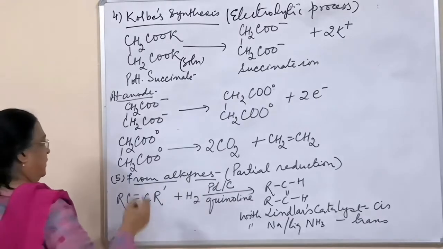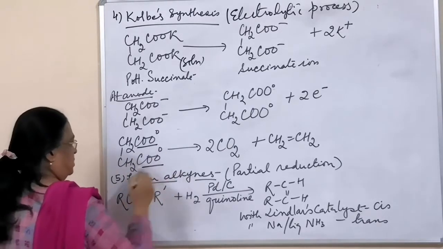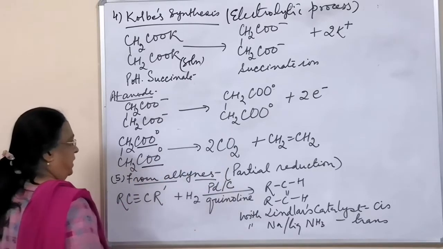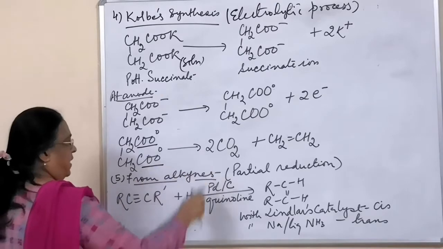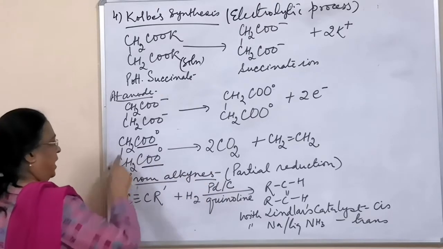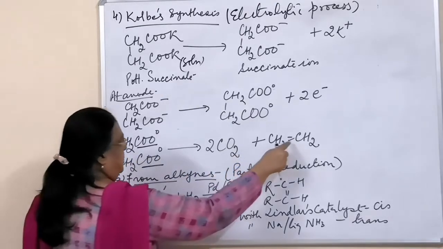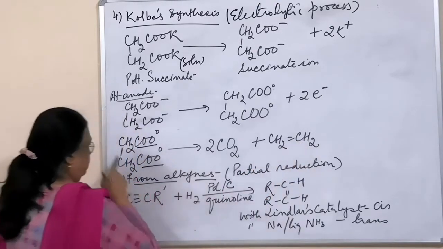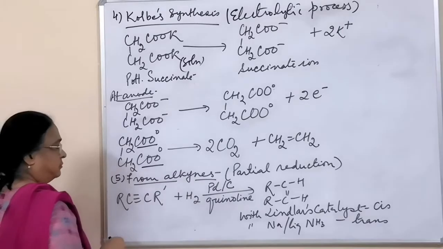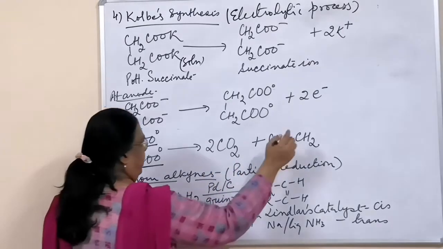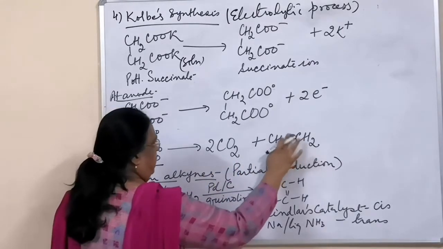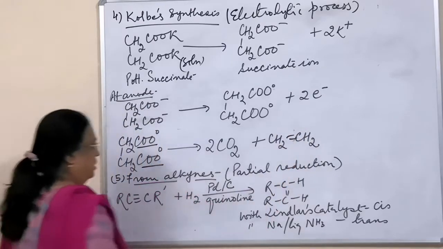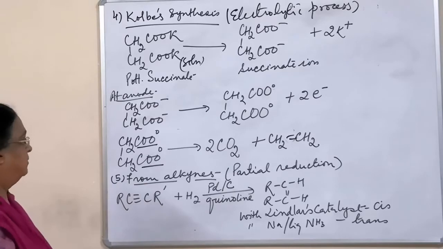And as I told you in my alkane chapter, a carbon with 2 free oxygens is not stable. It releases carbon dioxide automatically. So 2 molecules of carbon dioxide will be out, and the remaining part will be CH single bond CH2, CH2 single bond CH2, and to balance the valency of carbon, there will be a double bond. So ethylene will be formed.